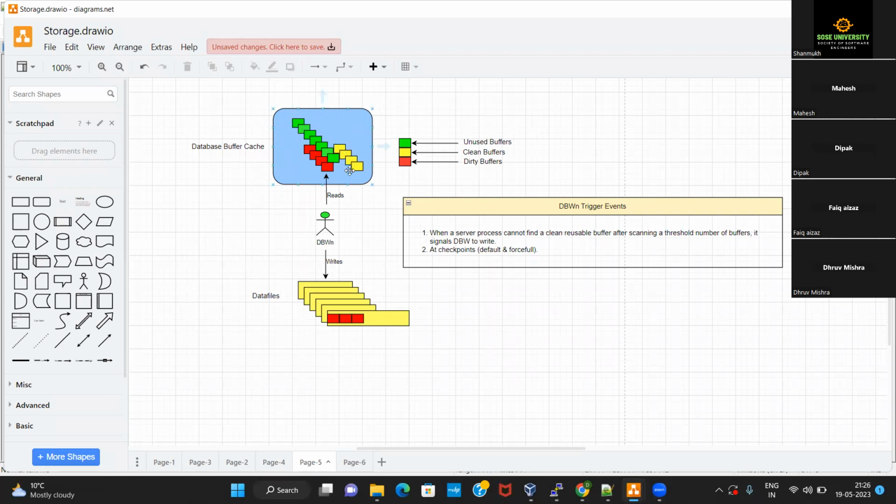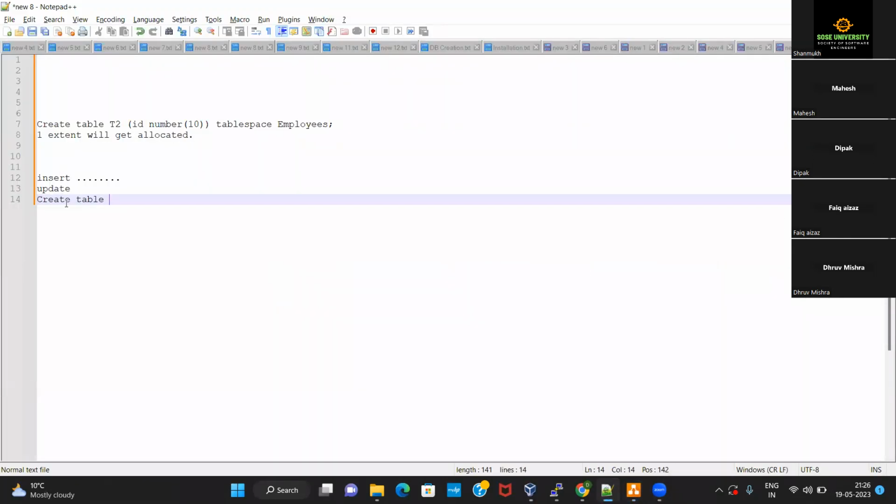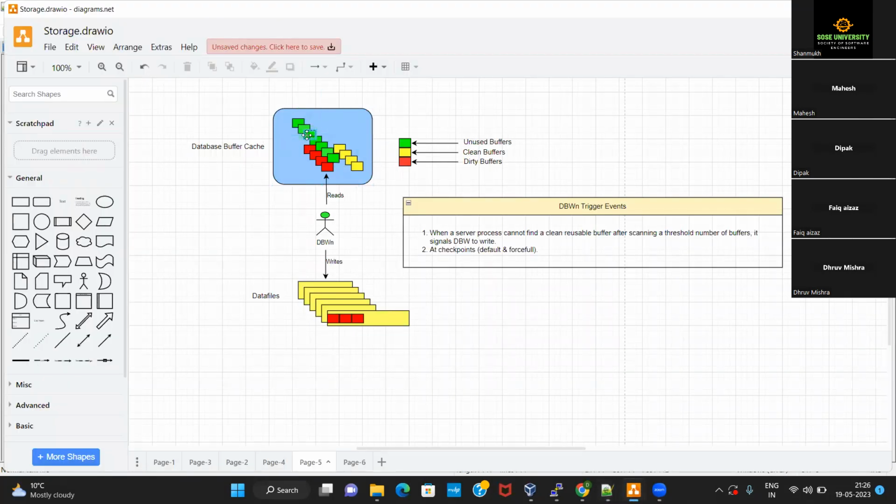Oracle has to try and apply the LRU algorithm on the buffers present inside the database buffer cache at that point in time, so that it can make space for these new statements that are coming in, correct? Unless and until it applies that least recently used algorithm, how will it get the blocks for storing the data for the new statements?